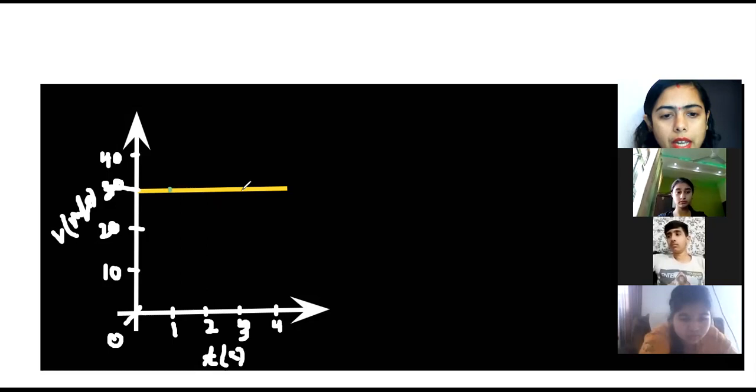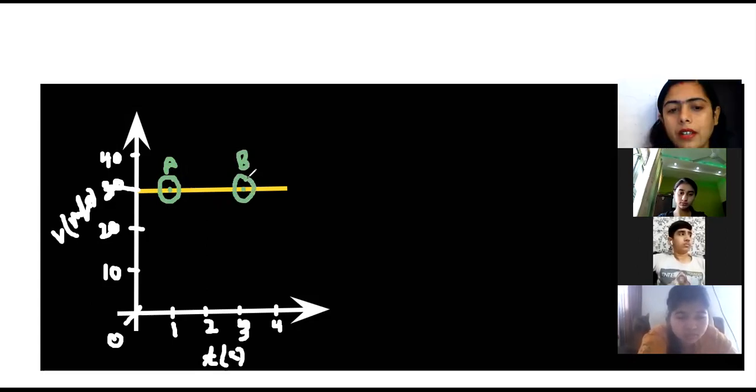from point A to point B. This is your point A. Let's increase the focus. This is the point I'm talking about. This is point B. Here it is. Fine. So you have to find out the displacement of an object from A to B.